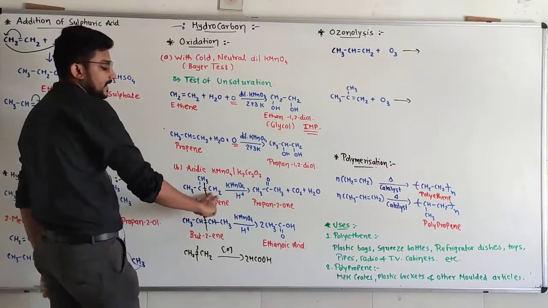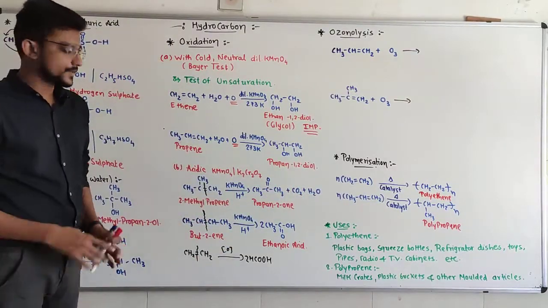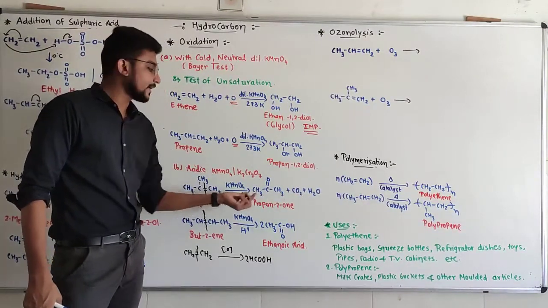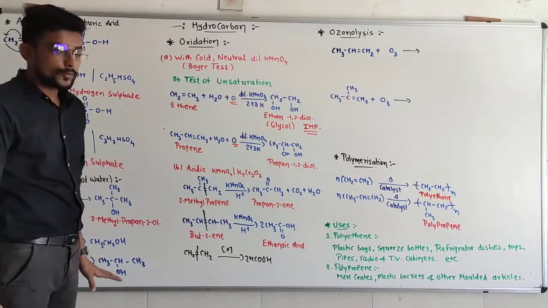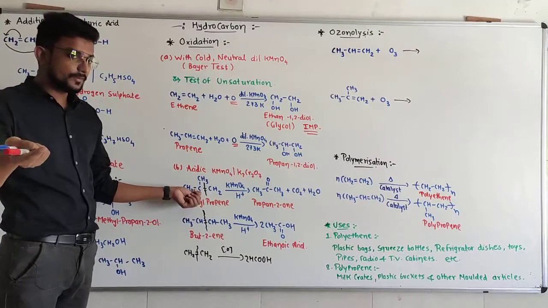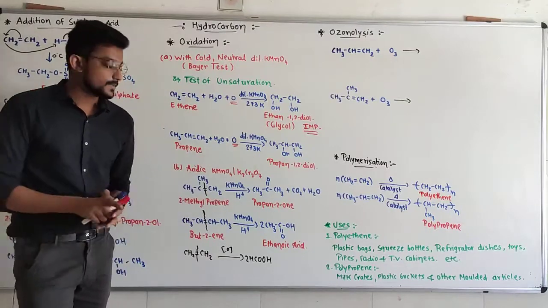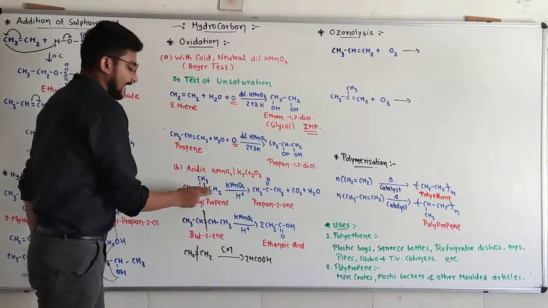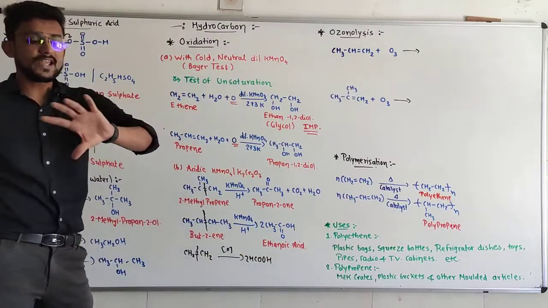So CH2 will be converted into CO2 and the 2 hydrogens convert into H2O. Whole oxidation: CH2 converts into carbon dioxide, and the two remaining hydrogens will get one more oxygen and be converted into H2O. And two bonds are left on this side, so a double bonded oxygen will be there. So CH3, CO, CH3. It will give me a ketone. If an asymmetrical compound is there, then I will get the ketone. And if a symmetrical compound is there, it will give me carboxylic acid.